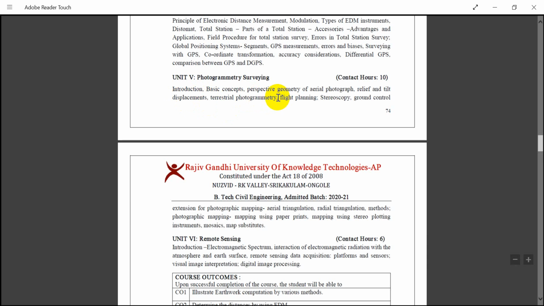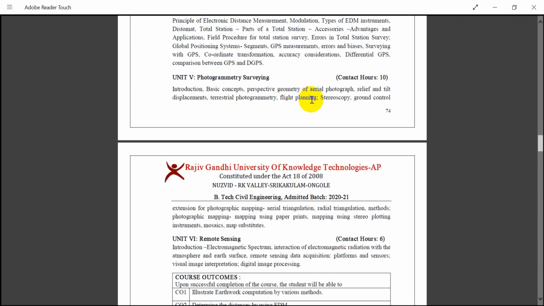But almost no one uses it today. Everything depends on aerial photography. Terrestrial photography is also there. Everything is the same as in aerial photographs; terrestrial photographs also have the same scale, distance, everything. We will go through terrestrial photography, up to distance spectrum, in one class.